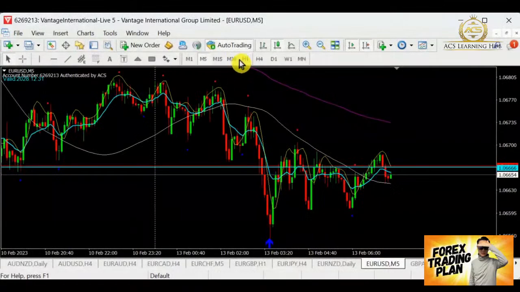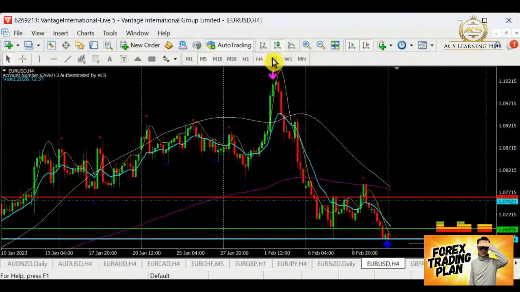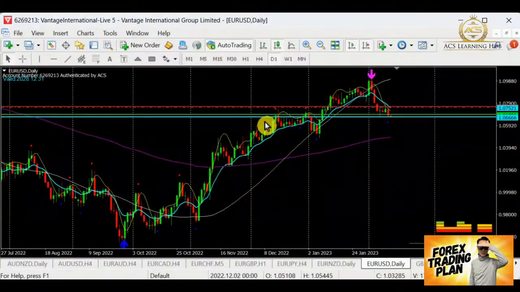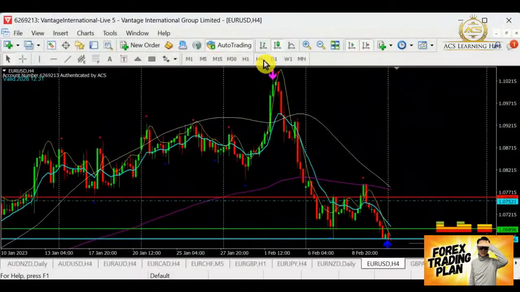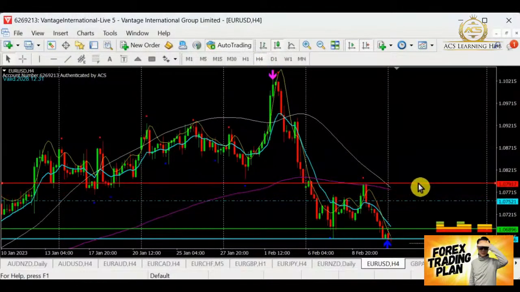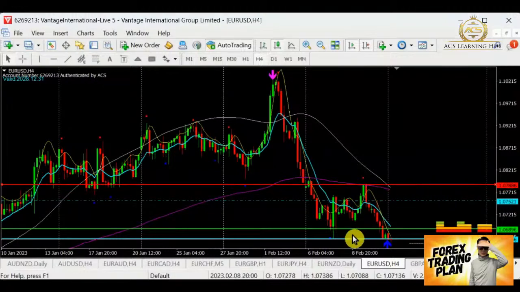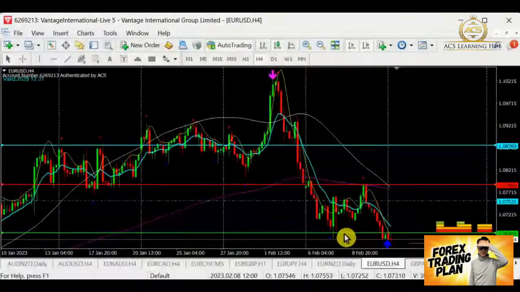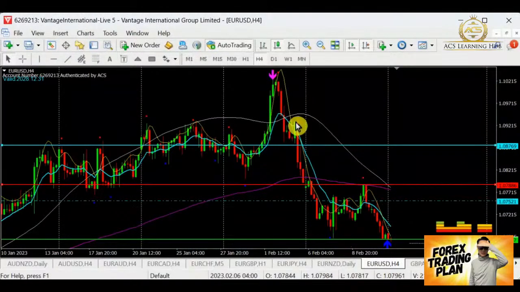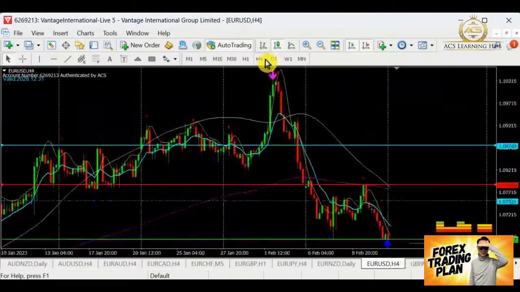For Euro Dollar, let's take a look. For Euro Dollar over here, we were escalating upwards. Now it's transiting down into the bear. That looks good also. Since we're looking for selling, we shall look for a resistance. As we can see, the resistance level over here is one of the resistance levels. Another one we are going to look out for is the support level. If it goes up first, then down, you can see this is the support level at this point here.